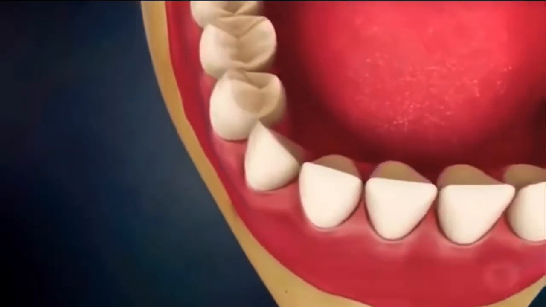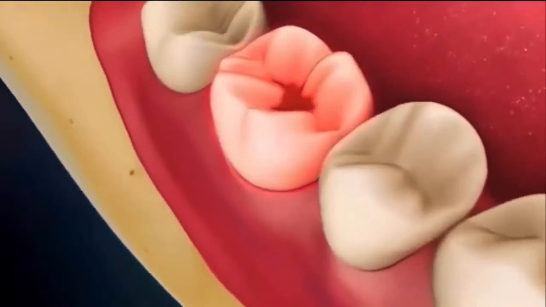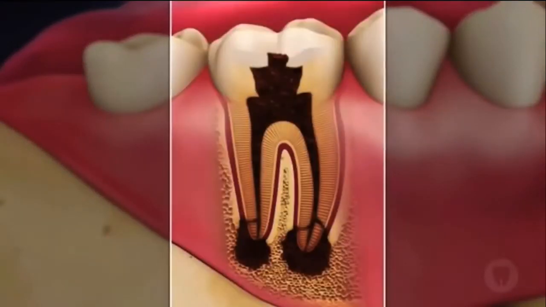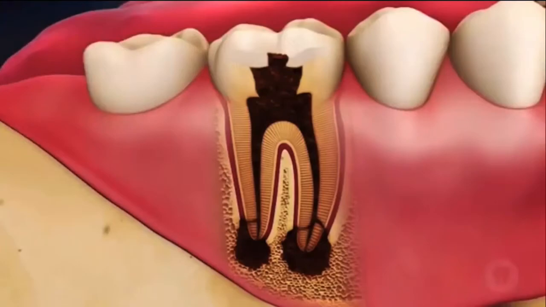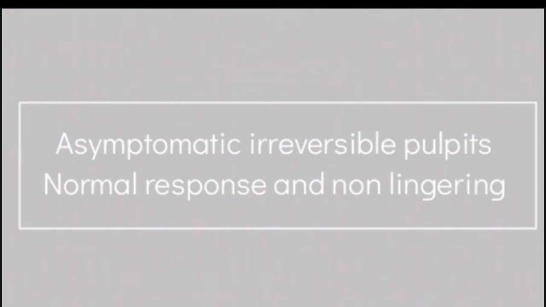Every single tooth would have two endodontic diagnoses, a pulpal diagnosis and an apical diagnosis. We will be discussing the endodontic classification today, given by the American Board of Endodontics. Let's begin with the pulpal diagnosis. In the pulpal diagnosis, you have a normal pulp, reversible pulpitis, symptomatic irreversible pulpitis, asymptomatic irreversible pulpitis, pulpal necrosis, and previously treated pulp.